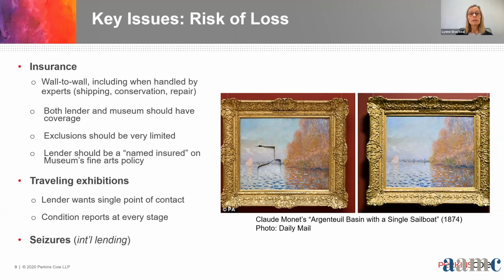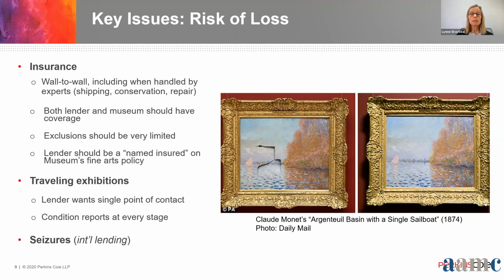So the lender needs to make sure that they are contracting with the correct party who's going to provide them with the level of insurance that they're expecting to receive. Often the museum agreement asks the lender to elect between the museum insurance coverage or their own, but doesn't provide for the lender to elect both. And we always negotiate that term because it's appropriate for the lender to maintain its insurance while the museum also maintains insurance for the exhibition and specifically for the piece being loaned.